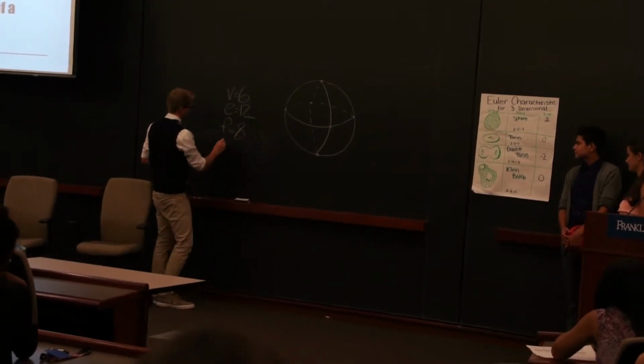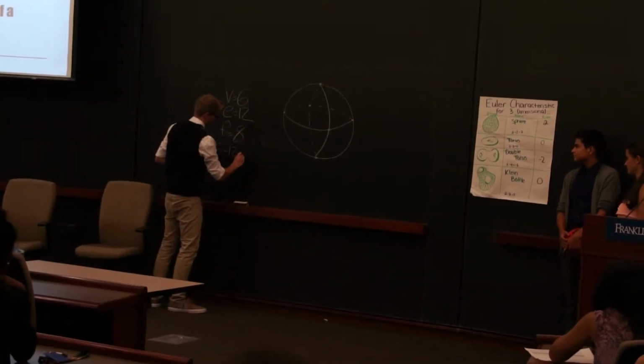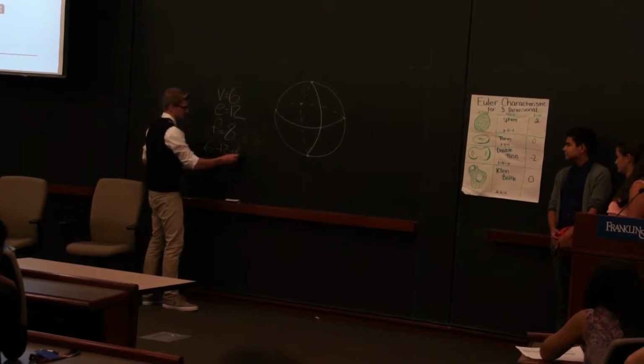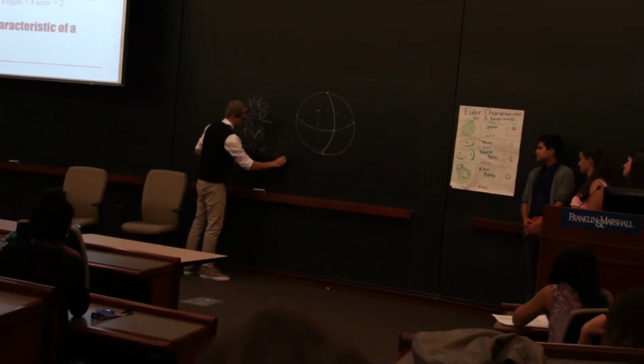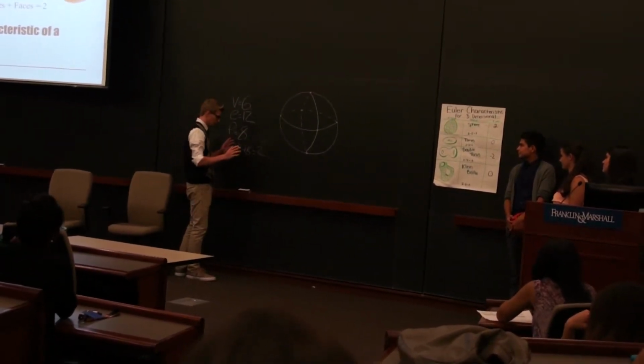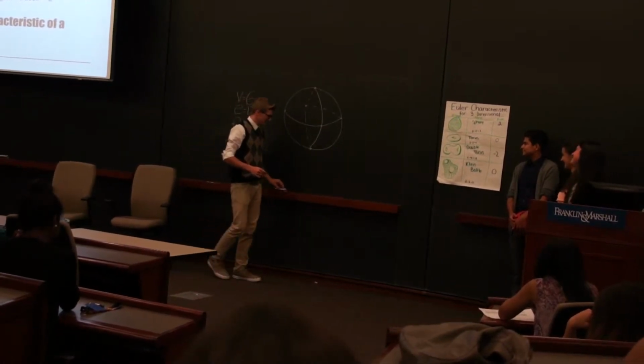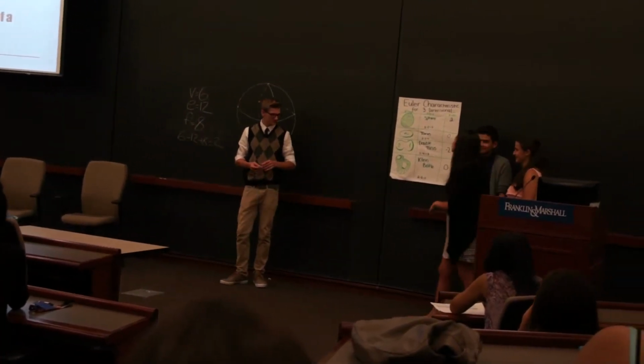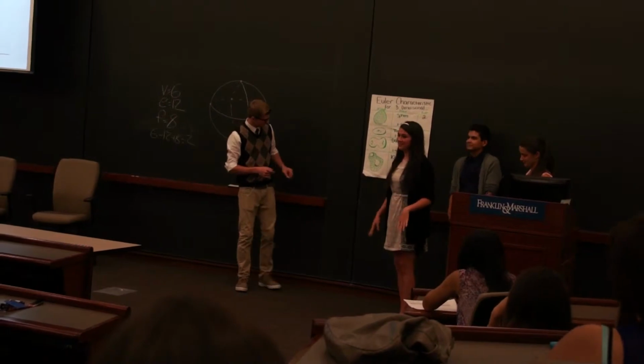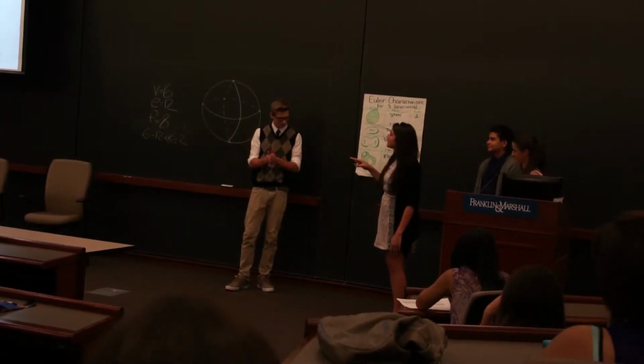Put that into the formula. So you have 6 minus 12 plus 8. This goes to negative 6 plus 8, I'm sorry, I'm getting ahead of myself. It's 2. Oh, okay. So, the true question is, is everything 2? The answer is no. Only spheres, which are